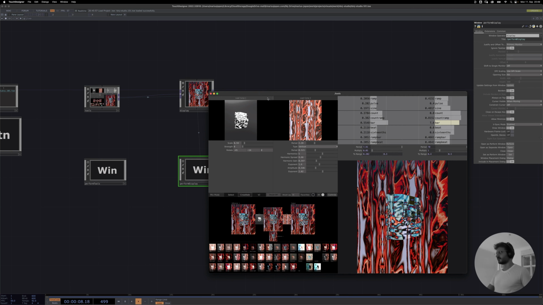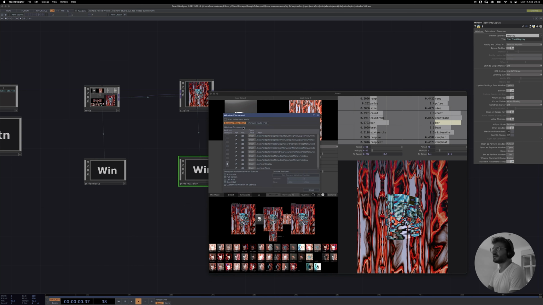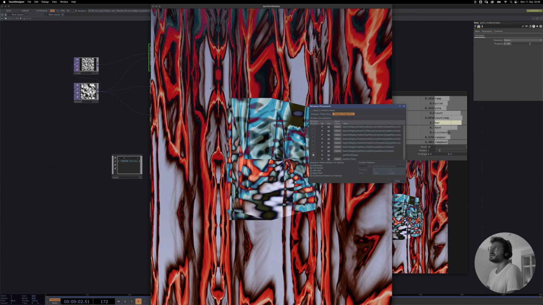I'll show that to you quickly because then you have it out of the way. You go on perform display, then you click on window placement dialog, and there you click on perform, and now you see a perform